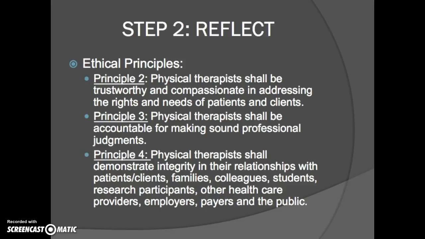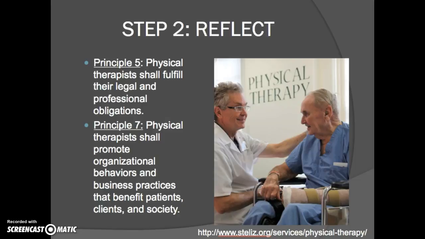Principle number 4. In this situation, the CI and department supervisor are exploiting John by encouraging him to perform unethical procedures. Walt is being exploited due to the RUG level assigned to him that exceeds his functional capacity. Number 5. The CI and department supervisor are encouraging John to be non-compliant with state and federal healthcare laws. The CI is not demonstrating professional behavior by remaining silent. Principle number 7. In this situation, the long-term care facility is preventing John from fulfilling professional obligations. The RUG level does not accurately reflect the nature of services that John should be providing.